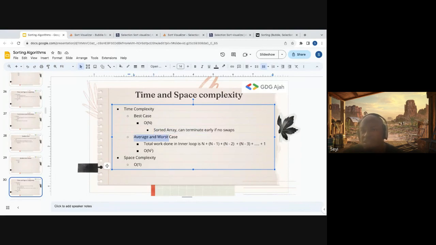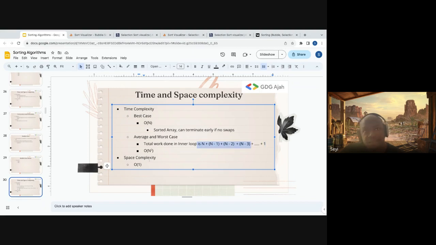For the average and worst case, similar to selection sort, what's the total amount of work we do in the inner loop? The first time we go through the inner loop, we do n work. The second time we do n minus 1 work, because we've reduced the problem space. Then n minus 2, n minus 3, till we get to a single element that we can solve.